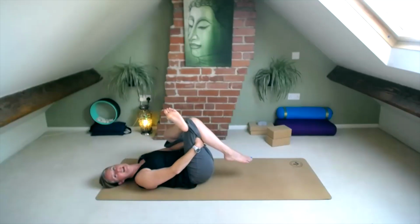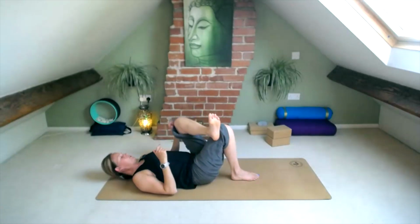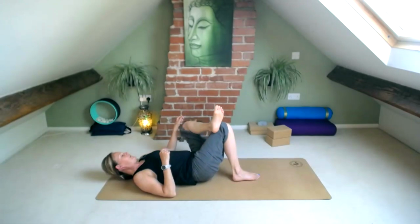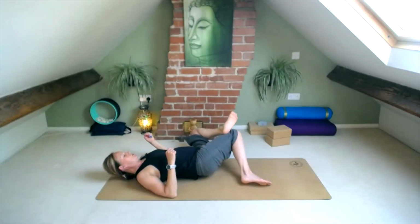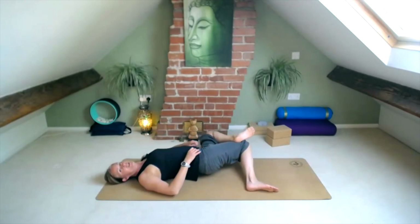And nice and slowly let go of the hands. Place the right foot down. And then we're going to roll onto the left hip, which means the left knee then comes down towards the mat. You just try and relax through that right knee there, widening the knee if you need to, opening out